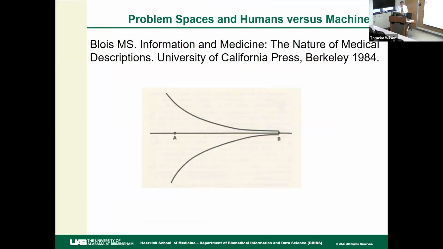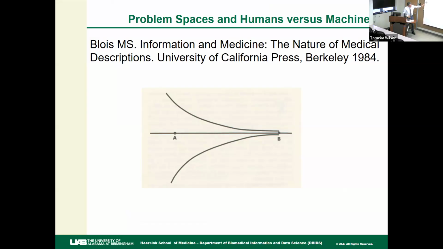Okay, so here's another diagram from way back. This is 1984. Scott Boyce wrote a book called Information Medicine, a short little book, and in it he had this diagram, but he didn't have a caption for the diagram, he kind of explained it a little bit. And I talked to him and I said, hey, tell me about this diagram. So the basic idea is that if you have some problem space,